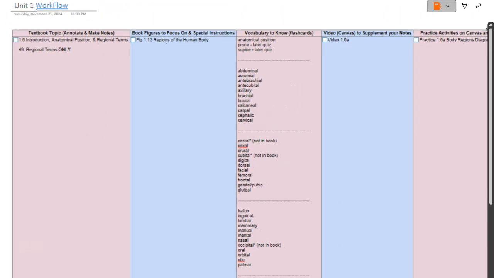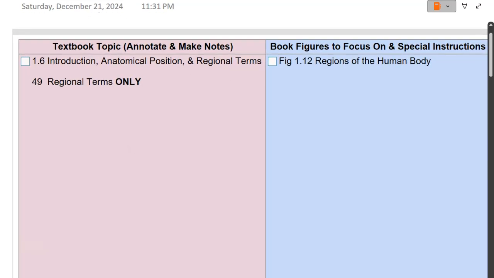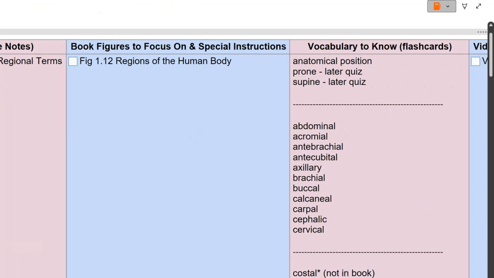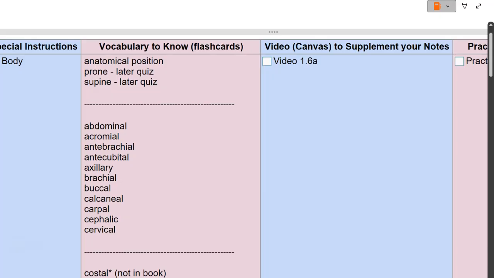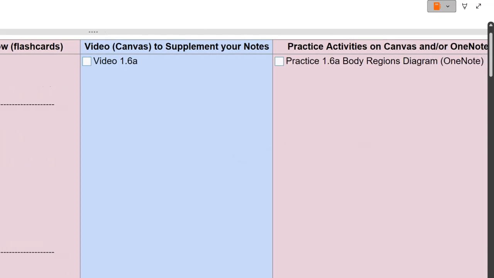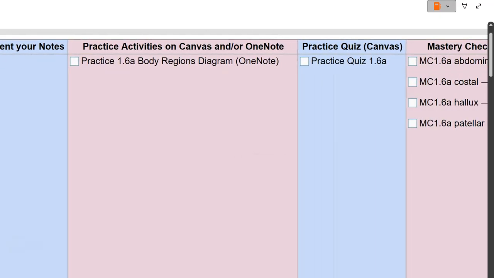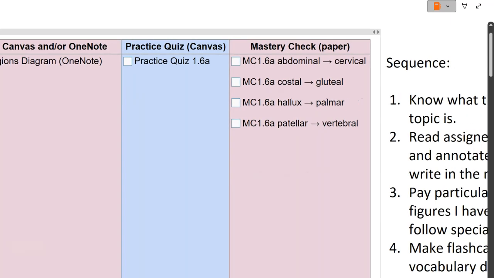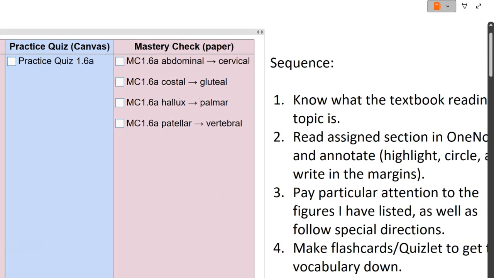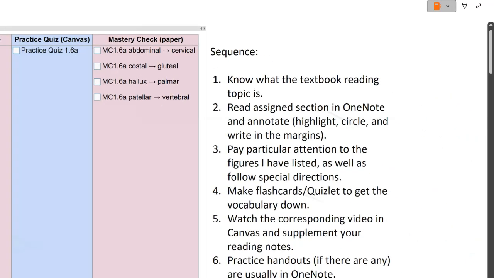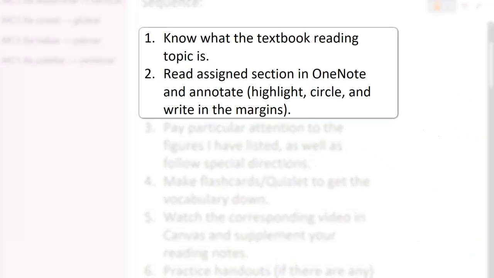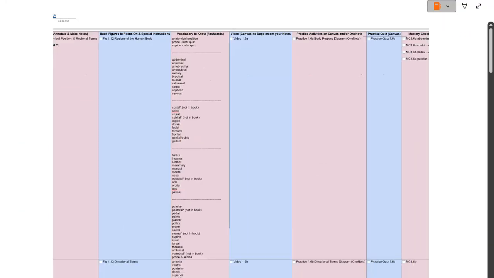You'll see there are several columns: textbook topic, book figures to focus on, flashcard vocabulary, Canvas videos, practice activities, Canvas practice quizzes, and the mastery check, otherwise known as paper quizzes. So the sequence is you need to know what you're reading in the textbook, what the topic is, and read that assigned section in OneNote. Okay? So, for example,